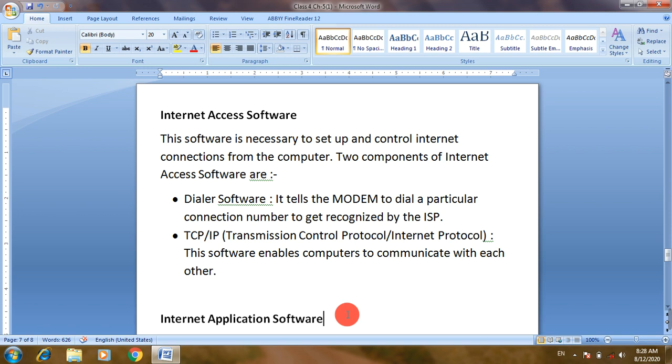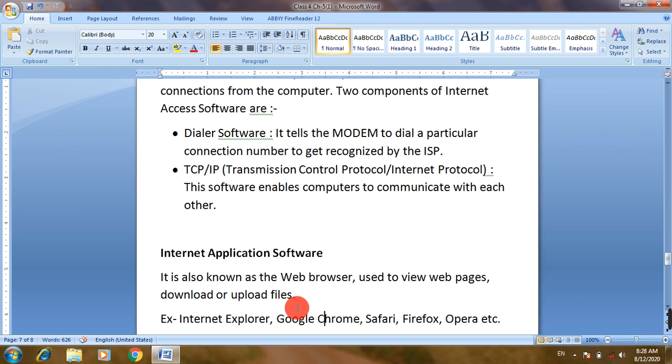Now the last thing we require is a web browser. It is also known as internet application software. A web browser is a very common software which we generally use in computers as well as in our smartphone. We use a web browser to view web pages. It means if we have to open a website, then we need this web browser software.